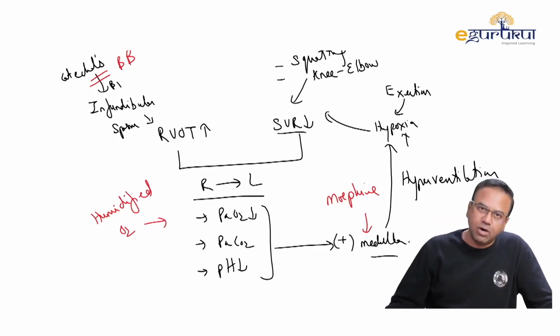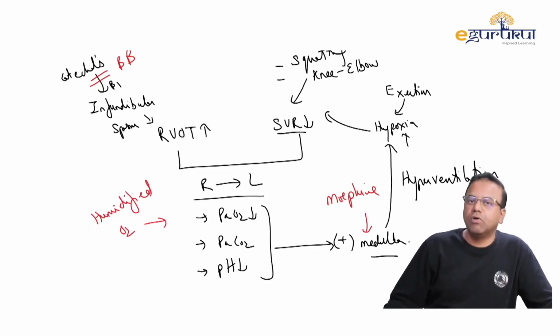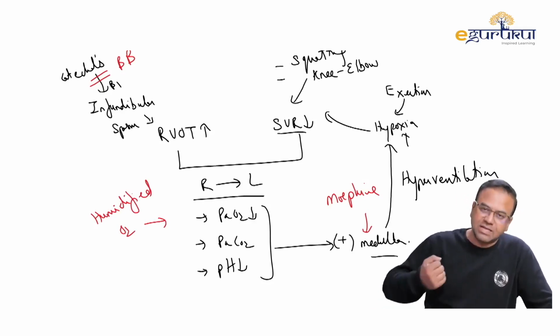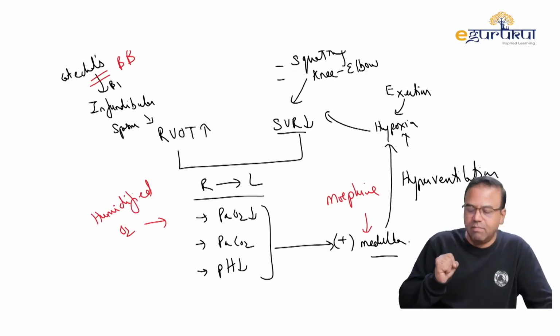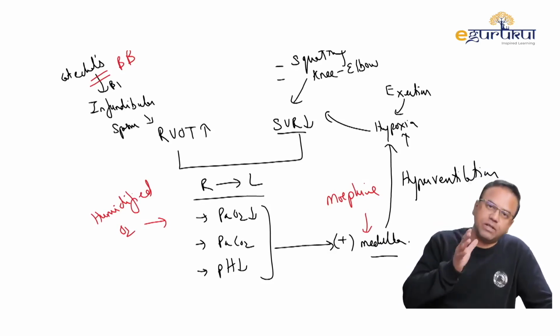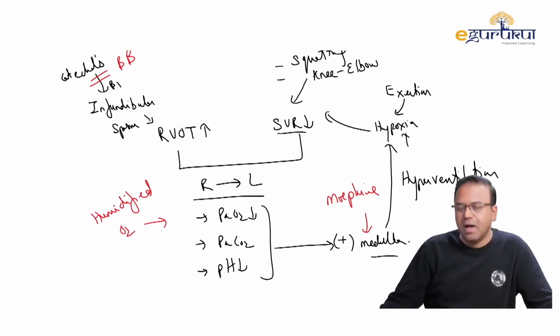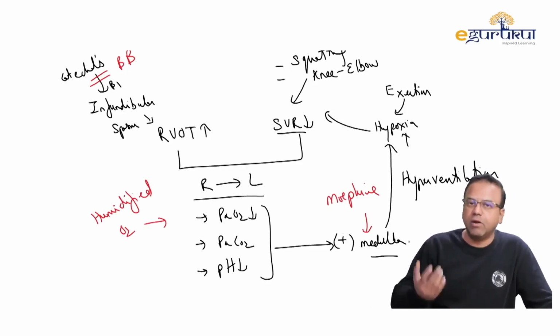The way to abort the cyanotic spell, which the patients or the relatives themselves might be doing, is that you'll notice that the child, if slightly older, will go into squatting position. As the femoral vessels fold in the groin, the resistance in the aortic circuit will increase, making it more difficult for the RV to put blood in the aorta. This means more blood has to enter the pulmonary artery. As the right to left shunt decreases because of this, more blood enters the lung, allowing better oxygenation, so the cyanotic